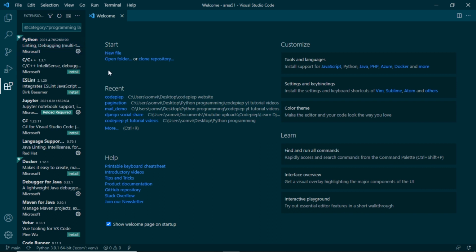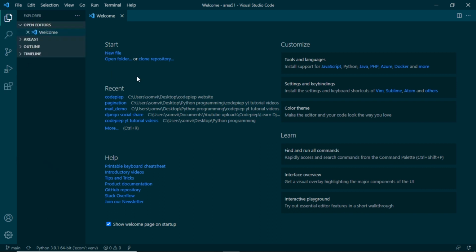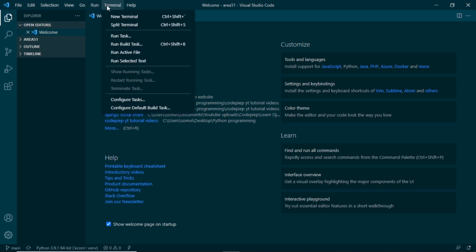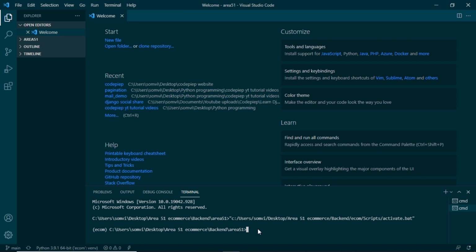The next thing in VS Code is interpreter. So there are two ways of getting the interpreter. First one is if we go for terminal. The two ways of using interpreter or virtual environment in VS Code is we can use this CMD, which we can activate using this. So if we click here, we can get different options: PowerShell, command prompt, Git bash. I am familiar with command prompt, so I use command prompt. We can initialize and set up our virtual environment using CMD.